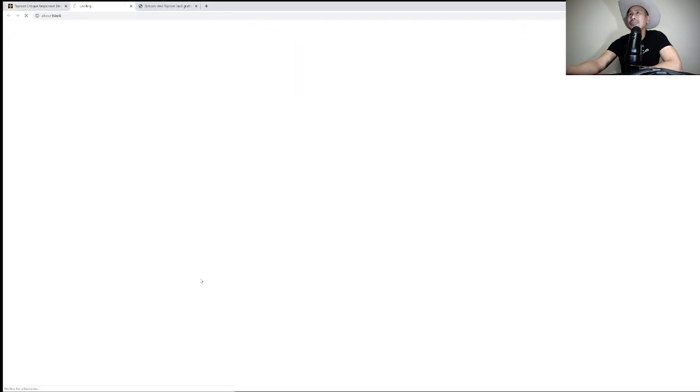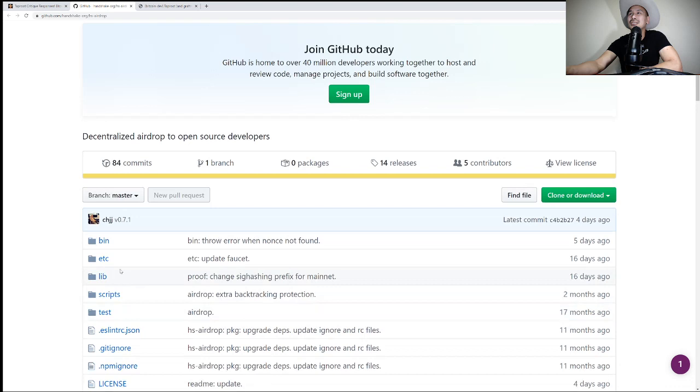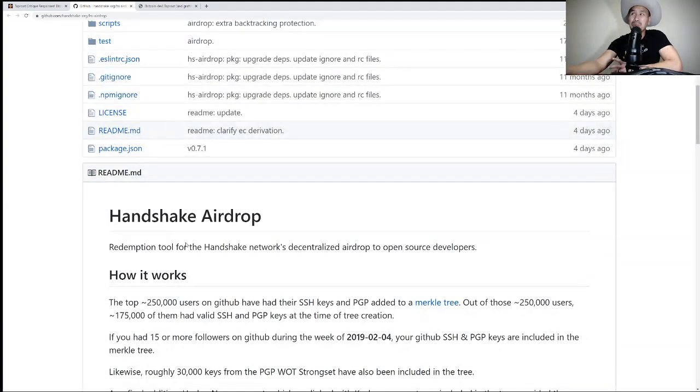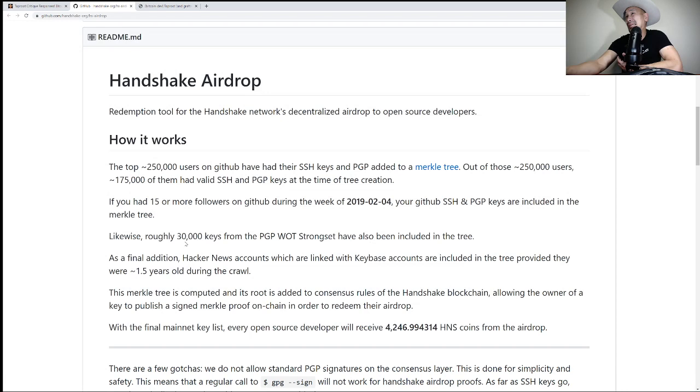Handshake has airdrop tokens. So Handshake is from JJ. If you don't know who he is, he's the main developer behind Bcoin, which is an alternate implementation of the Bitcoin Core full node software. It's written in JavaScript and so on. But basically, he's been working on this for 2 years, and they did something really interesting, which was they gave their airdrop tokens to